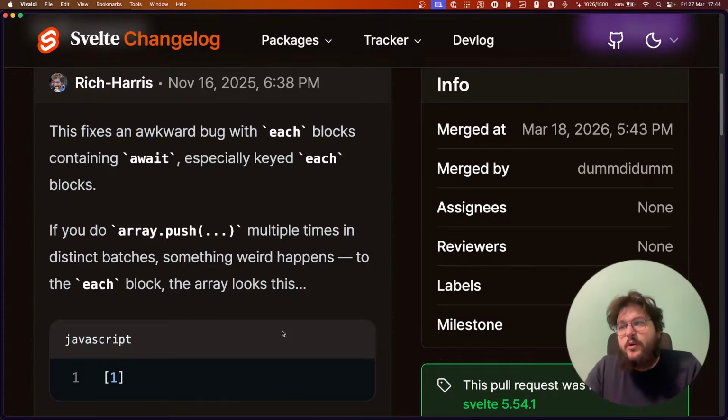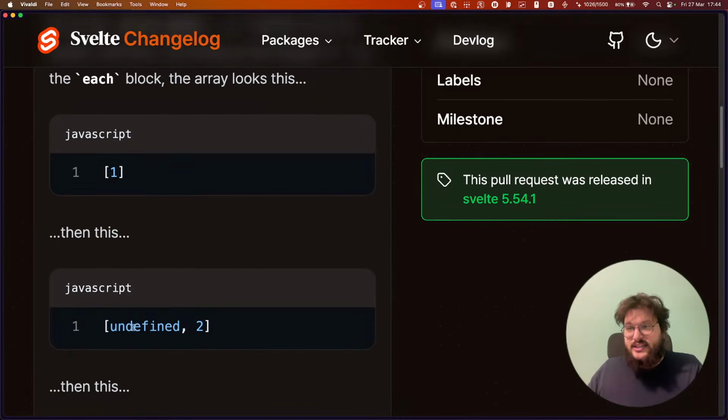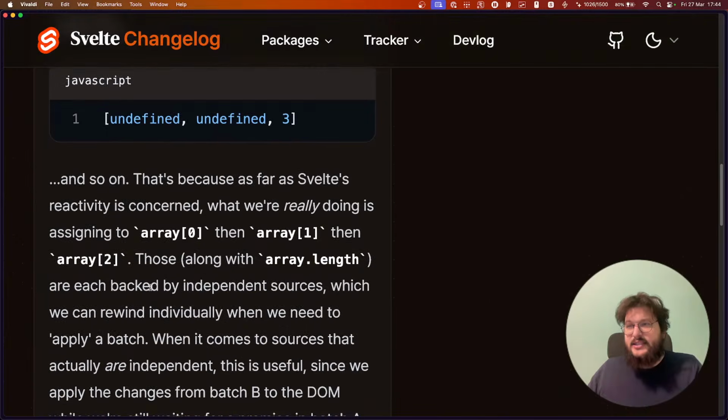It fixes an awkward bug with each blocks containing await, especially keyed each blocks. If you do array.push multiple times in distinct batches, something weird happens to the each block. The array looks like this, and then like this, and so on. That's because, as far as Svelte reactivity is concerned, what we are really doing is assigning to array at 0, then array at 1, then array at 2.